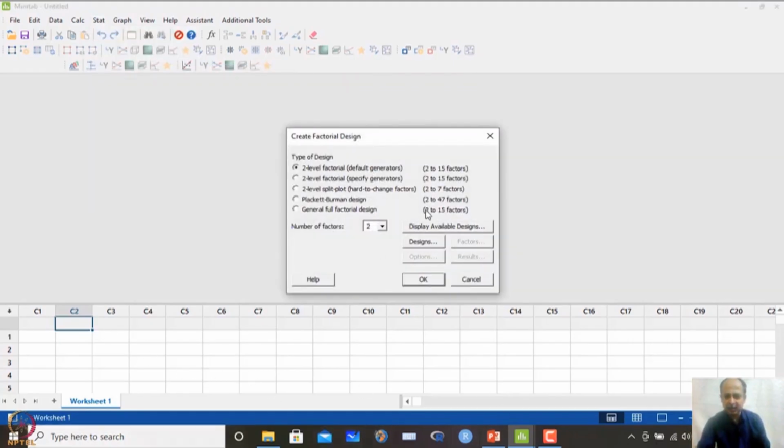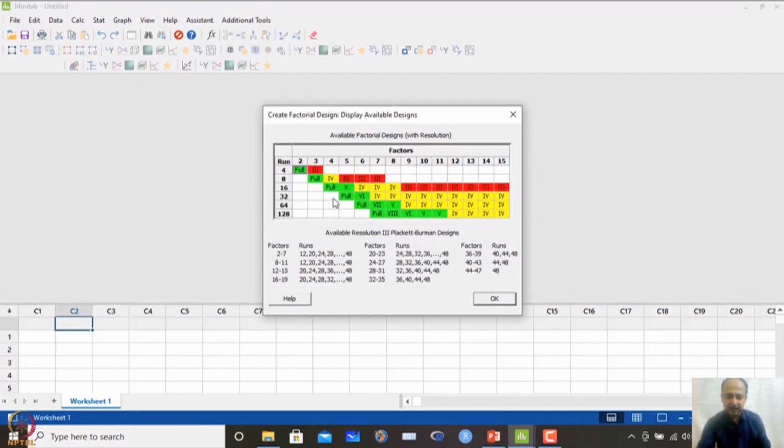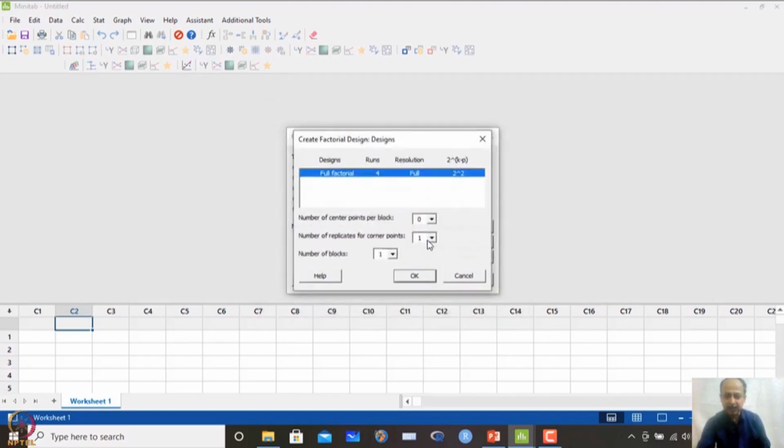So this will be a 2 level factor. Last time also we discussed the number of factors is 2. In the available designs, in this case we have the number of factors as 3, so it will be 8 trials, the run will be 8 over here. So this is the minimum number of trials. The number of center points we don't change, so let us keep it as it is. The number of replicates, we have 2 replicates in the corner points, and we assume that the default